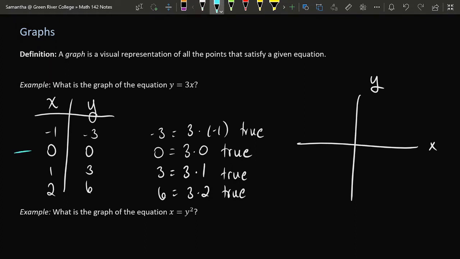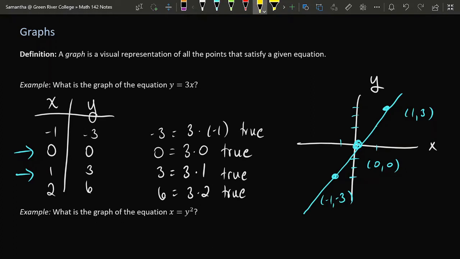We make a note of the solution where x is 0 and y is 0 by plotting the point 0, 0 on this xy plane. We note that x equals 1 and y equals 3 is a solution by plotting the point 1, 3 on the xy plane. And we make a note of the fact that something like -1, -3 was a solution by plotting the point -1, -3 on the xy plane. And so on and so forth. By connecting the dots, we get a visual representation of all the solutions to this equation.